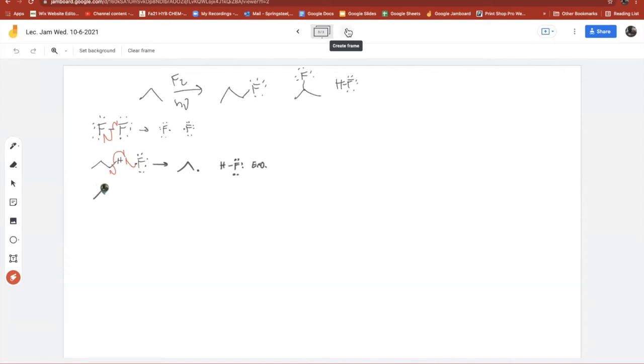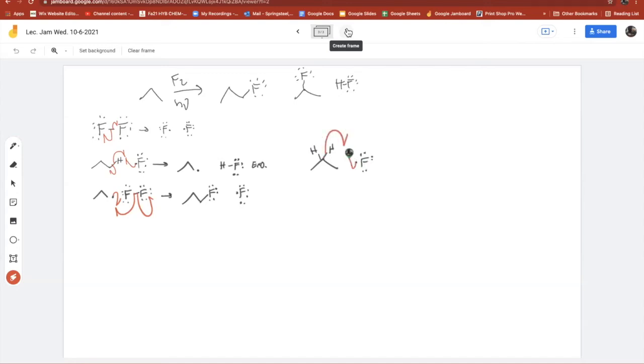And then the next one will be, this will run into a fluorine F2. This one's exothermic as well. Meet me halfway. Right on the borderline. Make another fluorine radical. All right, so I can do some terminations, but I won't. I'm just going to be doing the propagations because that's what gives us most all of our product, and that's what we're going to put on the reaction coordinate diagram. So here we go.